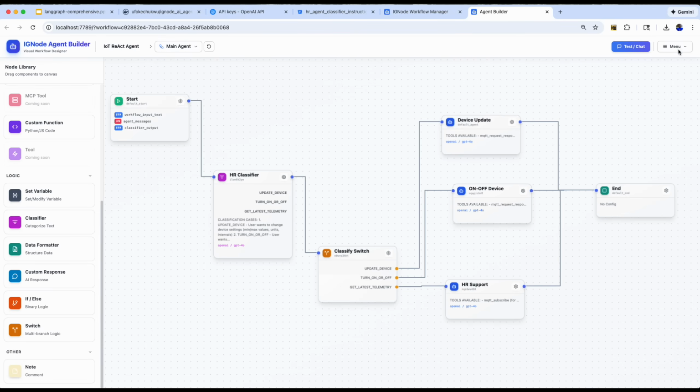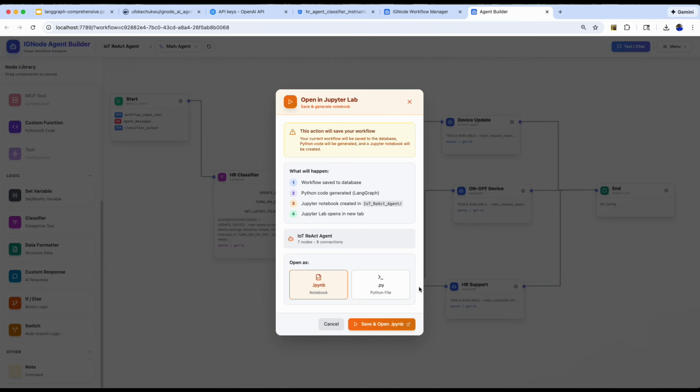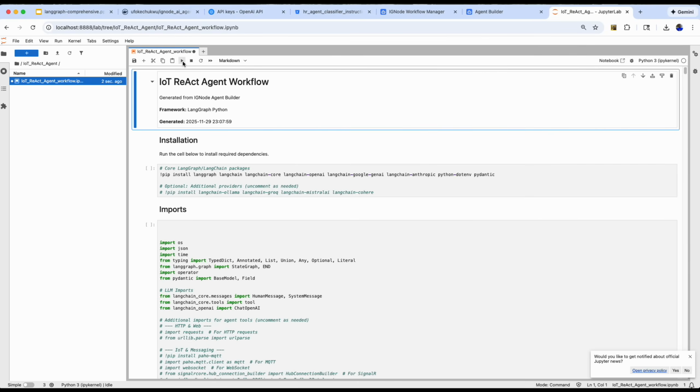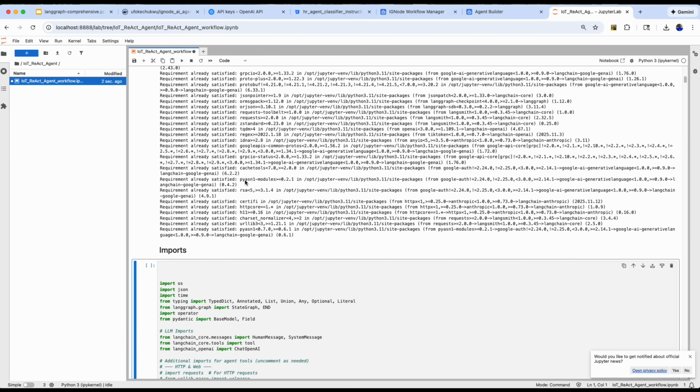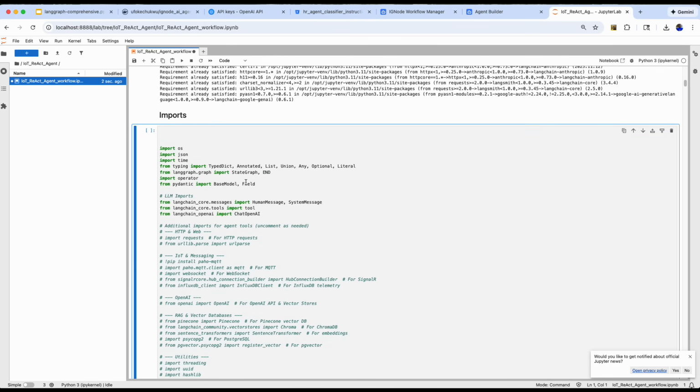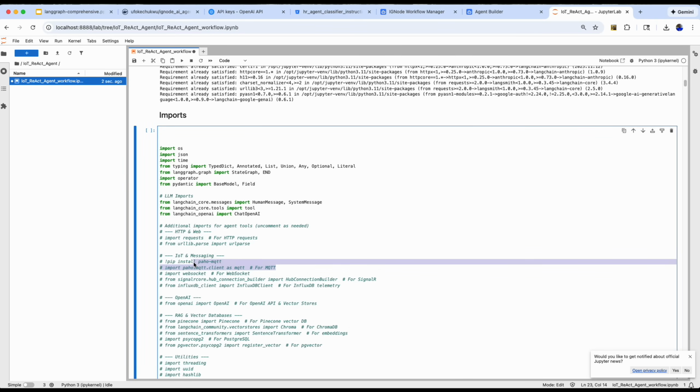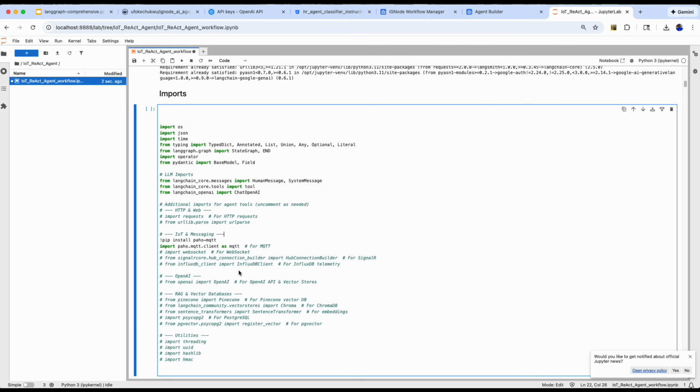Okay. So now let's open it in Jupyter Lab. And everything should be as is. We already have this requirement satisfied from previously. So this one, you can see there's some extra things added here, right? We're using IoT messaging, so we need to uncomment these two just to make sure. I think pip should already, Paho MQTT should already be installed by default, but we're gonna need to enable Paho MQTT client, because that's the library we're using for MQTT, and